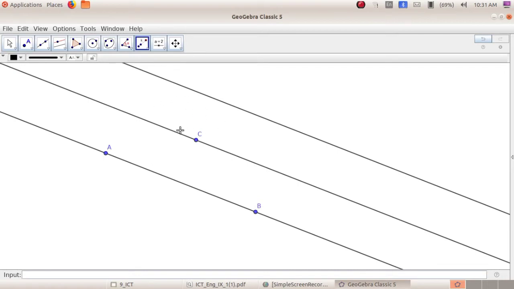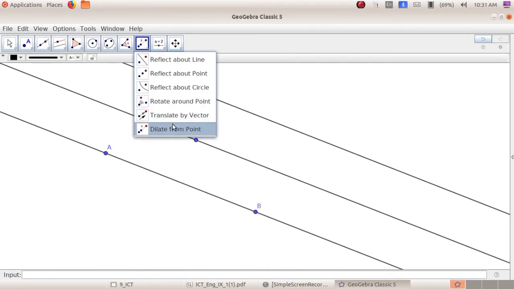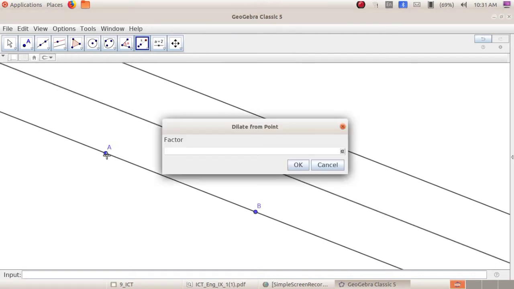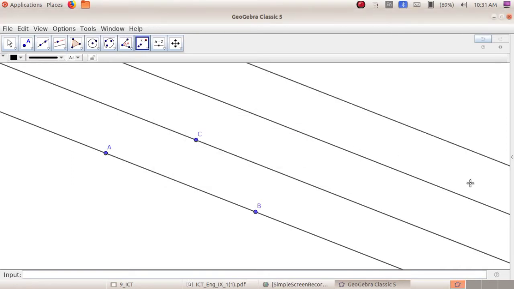Dilate the line that passes through C 3 times and we can draw another parallel line. So click on the dilate from point tool again. Next click on the line through C and point A, and give the dilation factor as 3. Next click on the OK button.